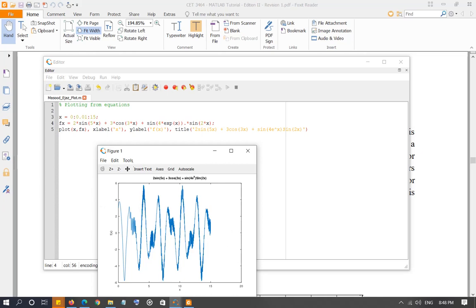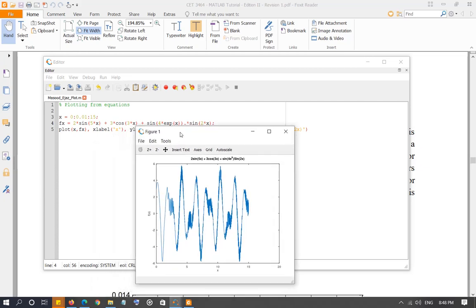So this is if you want to plot a single plot, you don't